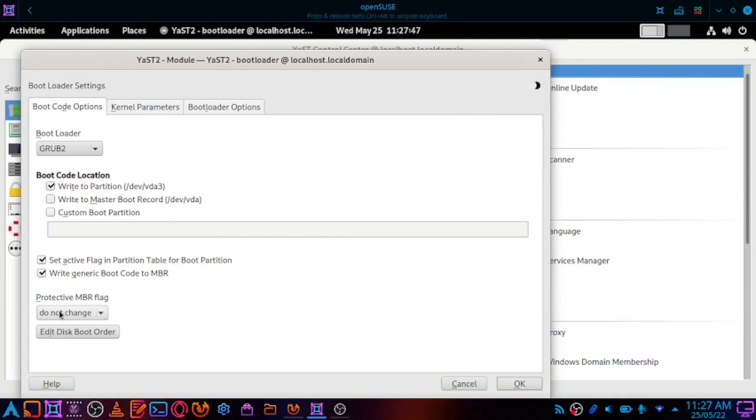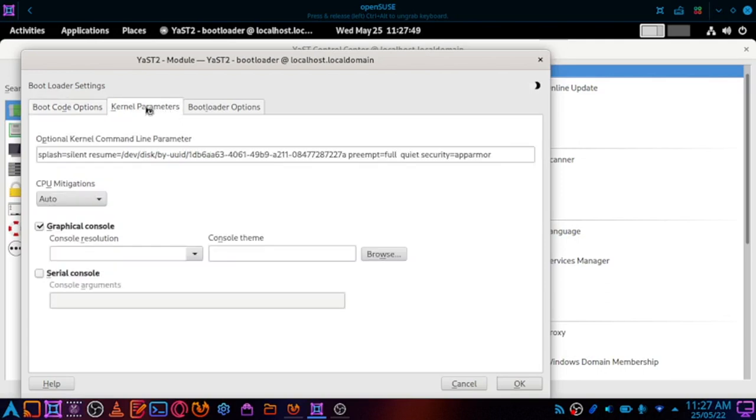So you can give the kernel parameters here. You can set the console theme. You can set the console resolution. You can